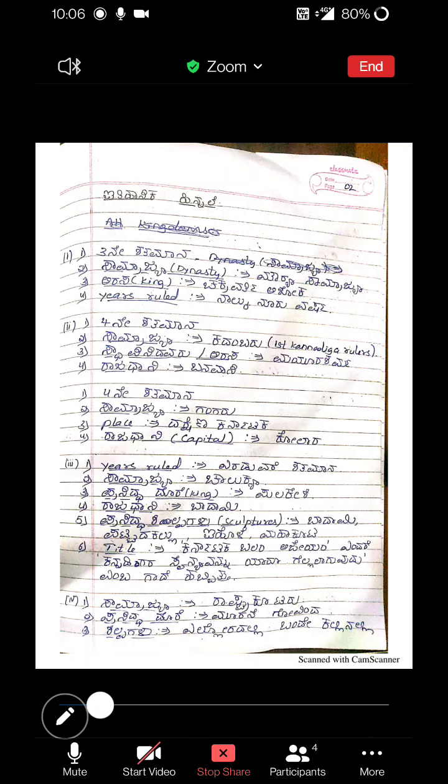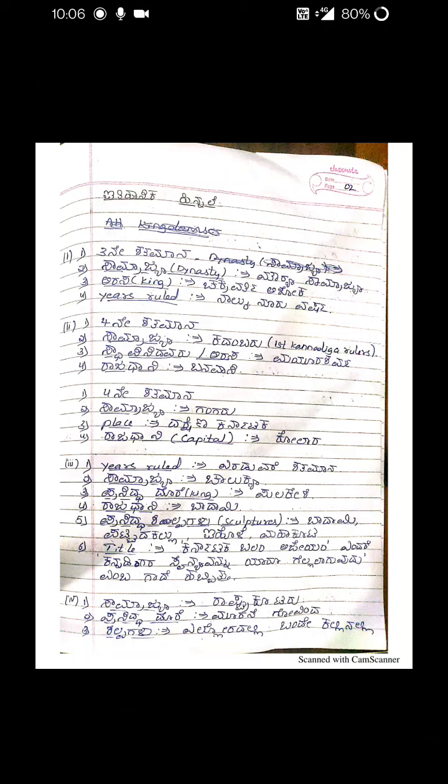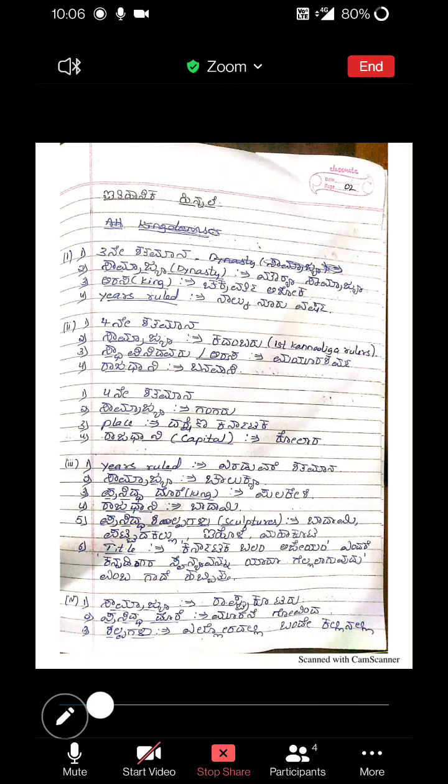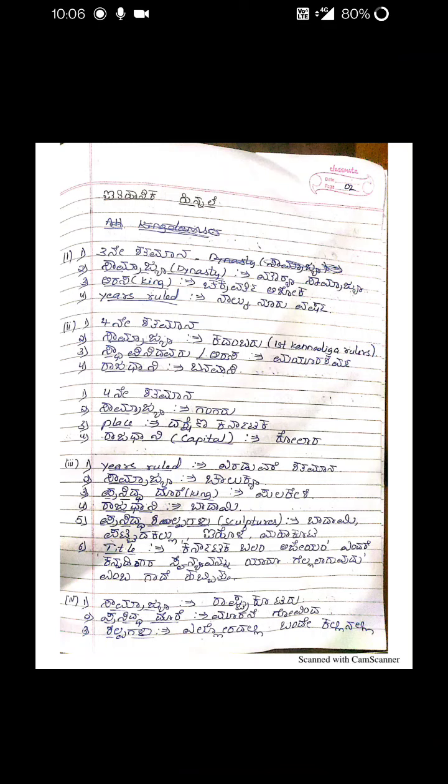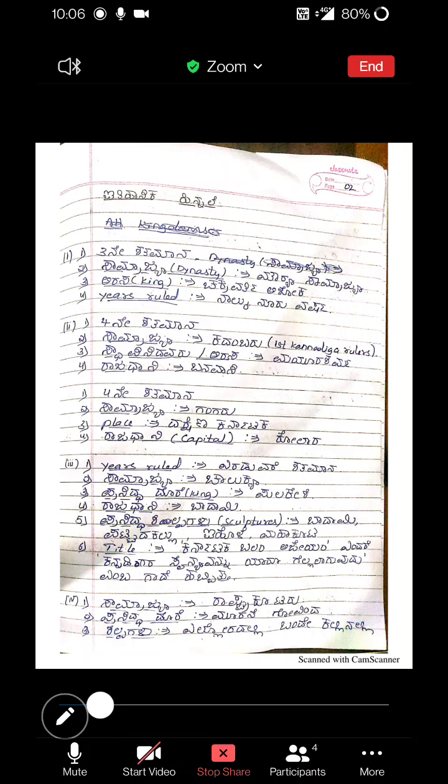So in ಐತಿಹಾಸಿಕ ಹಿನ್ನೆಲೆ, you have to write all the years, the year that dynasty was established, the century, the dynasty name, the ruler name, and their famous sculptures. If you write all that, you will get 10 marks. There are many rulers that we have mentioned.